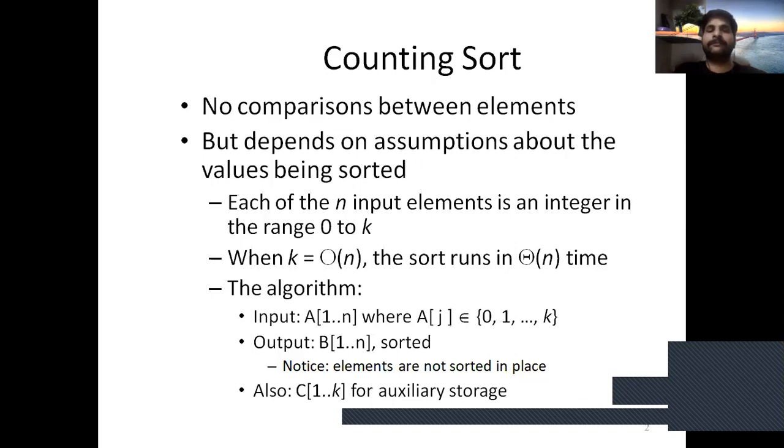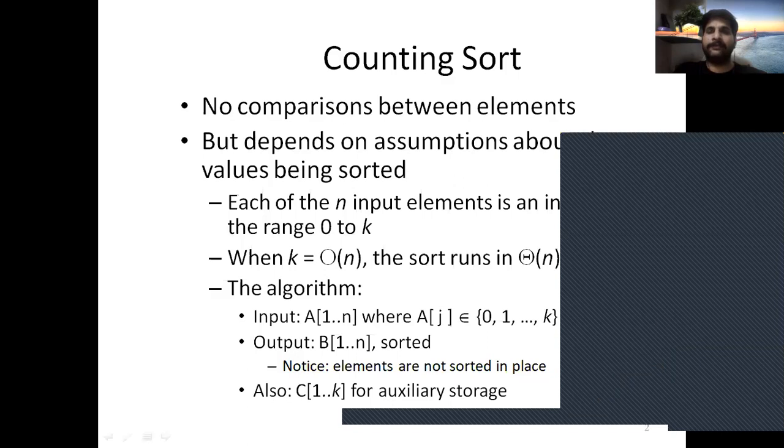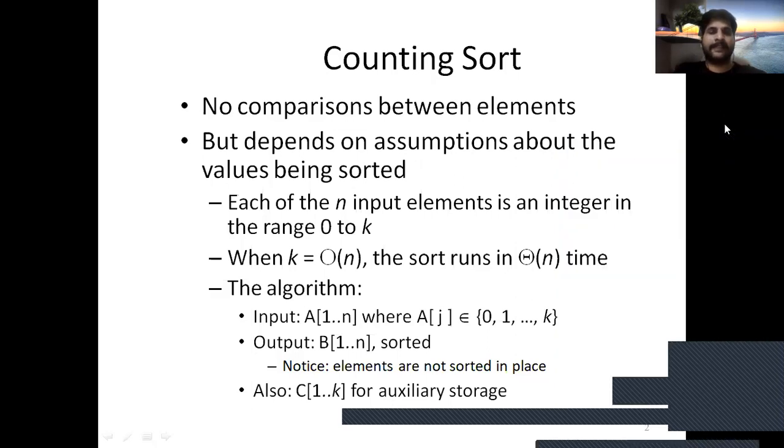The algorithm input is stored in array A[1..n], where each A[j] is in the range 0 to k, and the output of this algorithm is stored in array B[1..n] in the form of a sorted array.